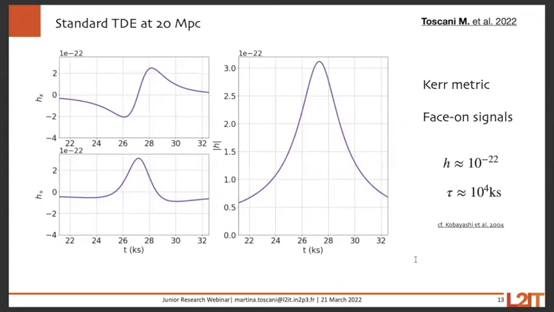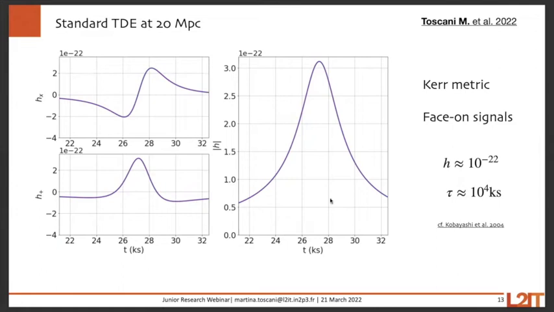Okay, so let me describe some of the results that I got with this study. First of all, let's look together at what the gravitational wave signal from the standard TDE scenario is. Here you can see the two gravitational wave polarizations and the gravitational wave strain associated with a main sequence star disrupted by a static, which means not spinning, 1 million solar mass black hole at a distance of 20